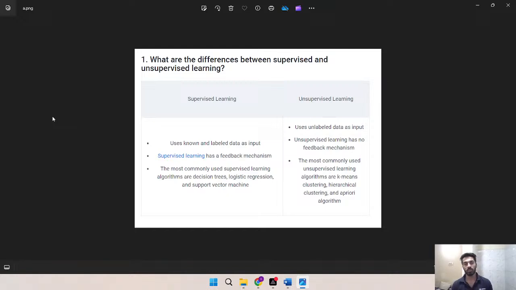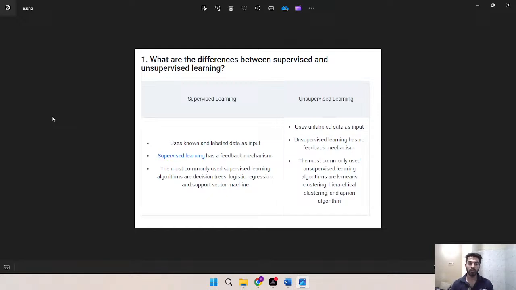Here I am going to explain one or two questions every day, so that you are able to understand the in-depth intuition and how to explain to the interviewer if they ask something like this question. Today I am going to explain the first question, that is, what is the difference between supervised and unsupervised machine learning algorithms. This is not about an algorithm, it is what is the difference between them.